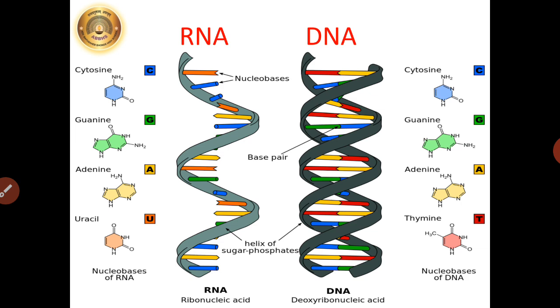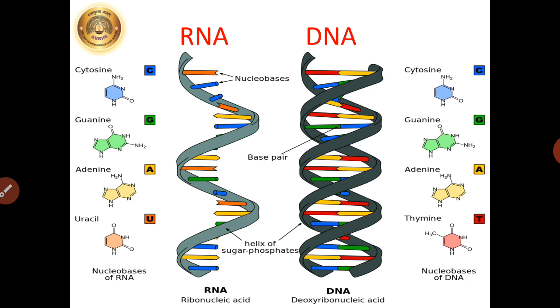Now let's see the structure of RNA and DNA. Same like DNA, there is one more nucleic acid which is present in the nucleus of the cell, which is known as ribonucleic acid. Now just observe the diagram over here. DNA and RNA both are a little bit same, as well as they are a little bit different also. Just observe it. The RNA is single stranded and DNA has a double stranded, double helix structure.